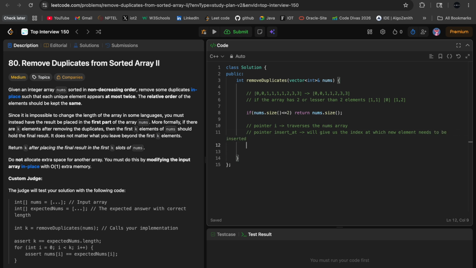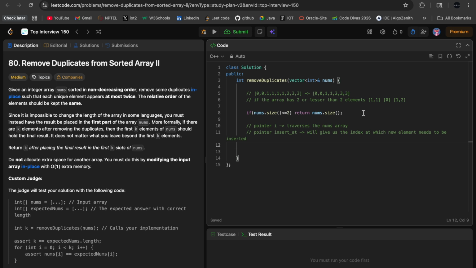Simple, right? So here in the previous question, if you remember, we had initialized insertAt to 1, right? But in this question we can initialize it actually at 2, because the starting 2 elements are always safe, right? So as we discussed before, no matter what the variation is when it comes to 2 numbers, that part is always safe.